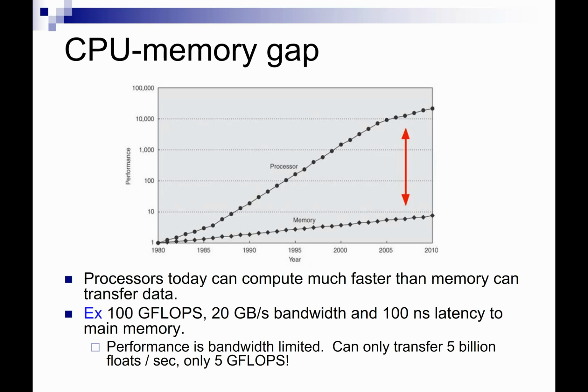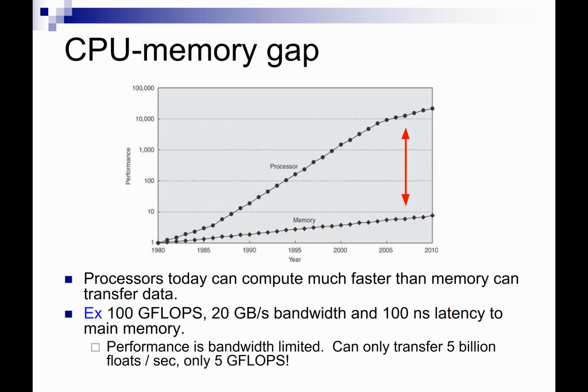And this can have a major detrimental effect on your performance. For example, suppose you have a processor which can do 100 gigaflops of computational performance. However, your memory bandwidth is only 20 gigabytes per second. Let's say you have a latency of 100 nanoseconds. Now, because you have 20 gigabytes per second of bandwidth,